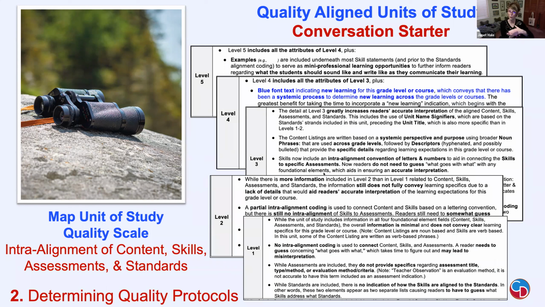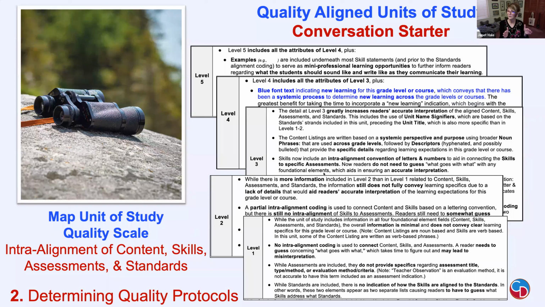So it goes from 1 to 5. This will be provided for you after today's webinar. And also when you go look at the webinar, if you're watching this a year later, it will be there available for you. Then you'll have to compare that to either your units that you've already created, which I know some of you printed out today, or you can use units that you're using as a base to say, hey, let's look at these. They're out there on the web. Let's look at them as a base and figure out what's right for us.